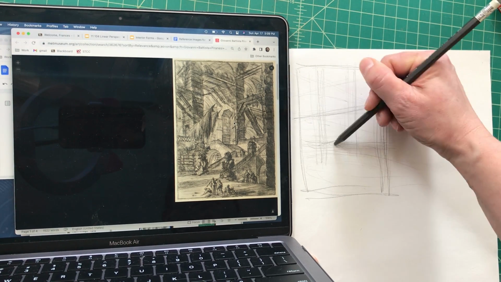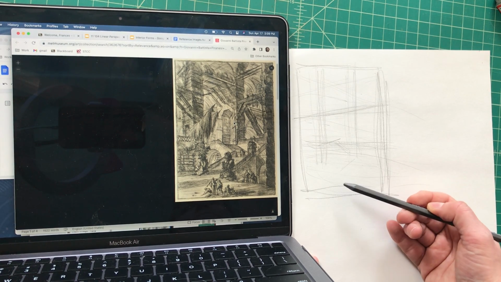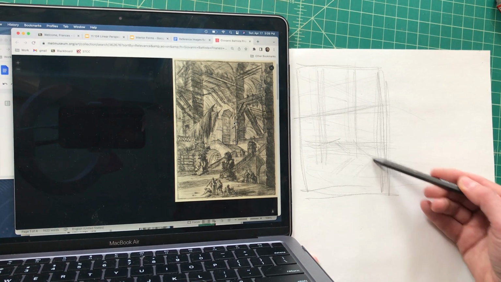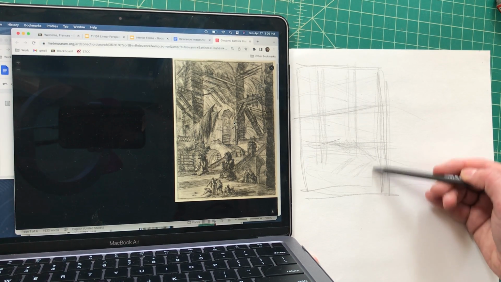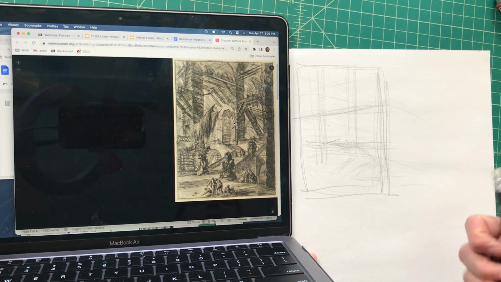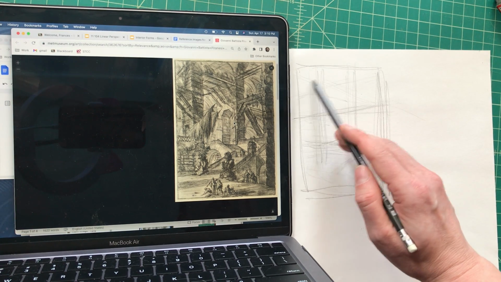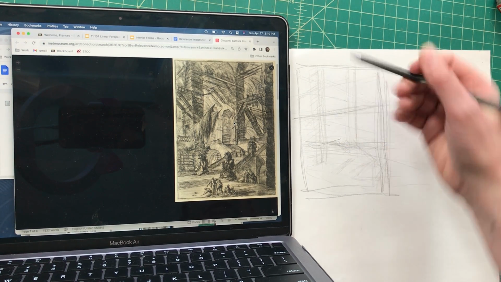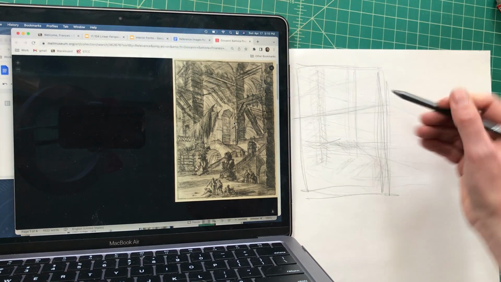And then, oh, you know how you always want to go right for the detail. I always want to go right for the detail. So here the stairs are very complicated, and of course that's where I want to go. I want to figure out the stairs. Think of things as just shapes and the direction that they're going in. Do not use a ruler because it's really going to slow you down. And you can always bring a ruler in later, but this is a thumbnail sketch, so we want to be kind of